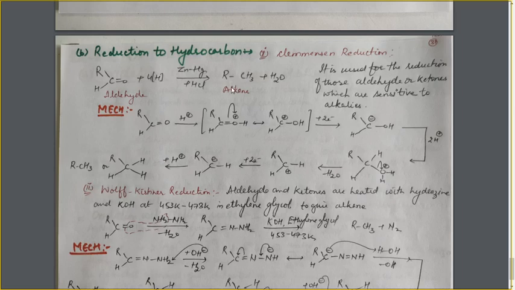How is the reaction taking place? It will supply you 4 hydrogen atoms, and 2 hydrogen atoms out of it will go with the oxygen atom as H2O, and the 2 hydrogen atoms will take the place of the oxygen atom to make it CH2. Along with this H, it will become CH3. So RCH3 is formed, that is alkane. In this way, you can easily write down the reaction.